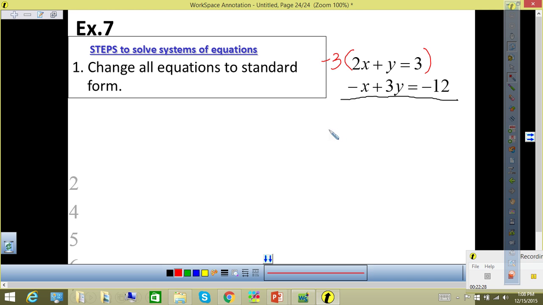So what is the key? You need to transform it so that one of the variables has the opposite coefficient. Does that make sense? All right, homework for tonight is found on pages